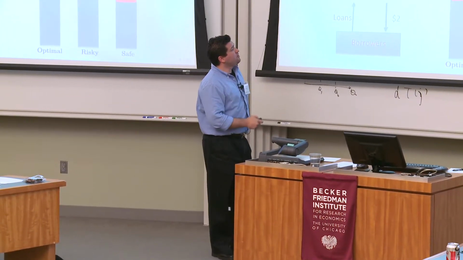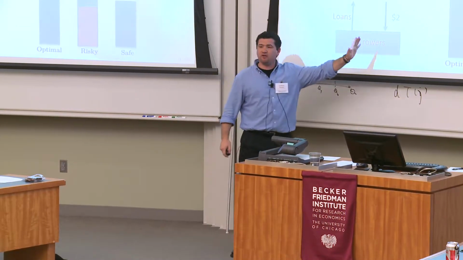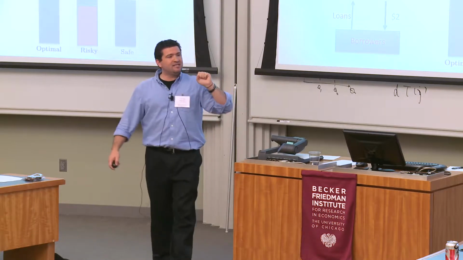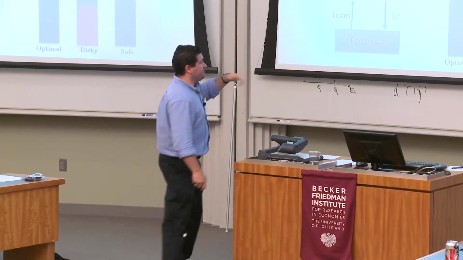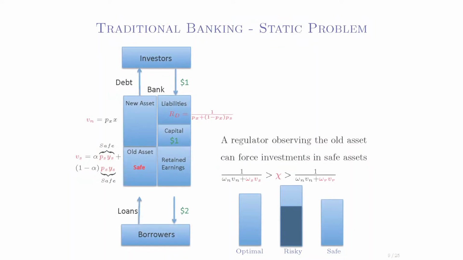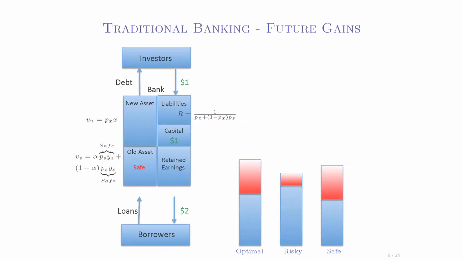Now, obviously, so far, I haven't been talking about the future. Now let's introduce the future here, okay? Let's say that now the future starts mattering. You have some value that could come in the future. Now these expected profits become expected discounted profits, and there is some value that comes in the future. As you increase the value from the future, obviously, you're increasing relatively faster the gains if you invest in the optimal asset or in the safe asset, because the probability of success, the probability of being alive in the market, is higher in these two situations.